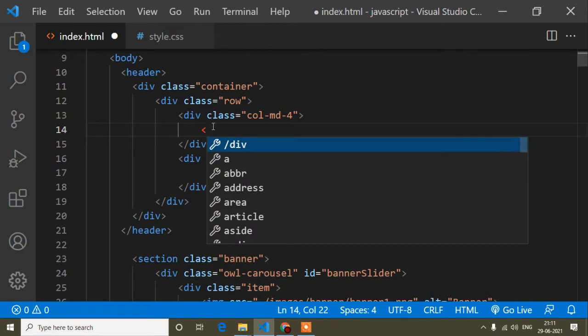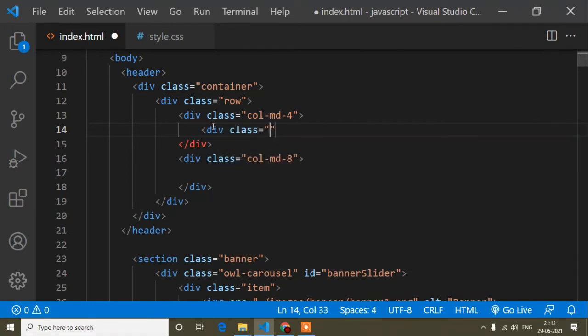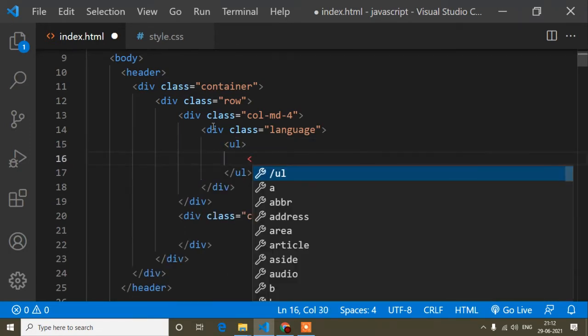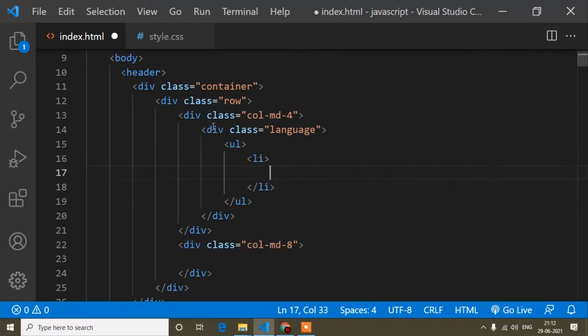So here I will write a div with class language, and inside this language class I will write ul and li. This is called an unordered list, so under the ul we write the li tag, and inside this li tag we can write an anchor tag also.